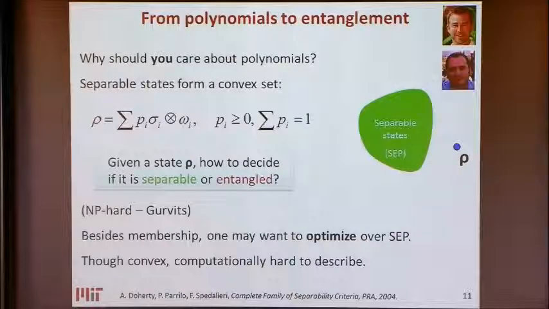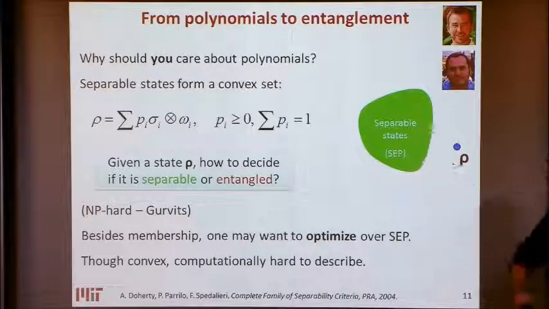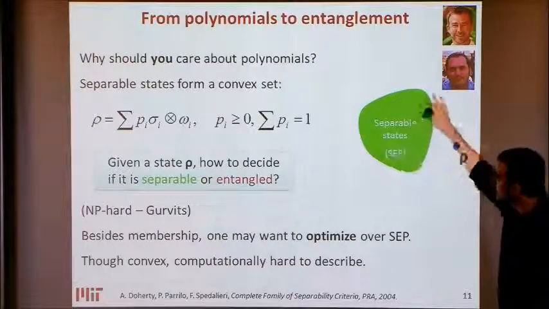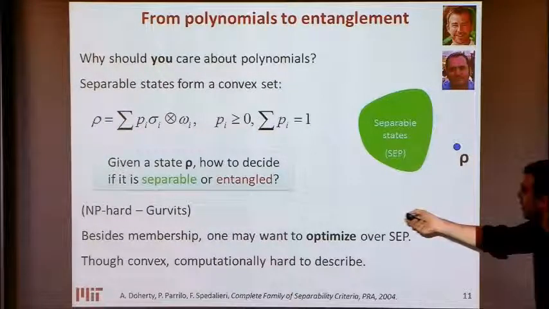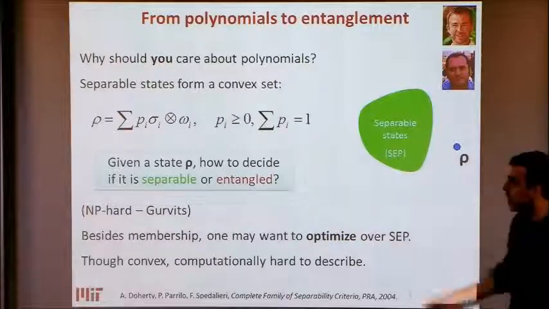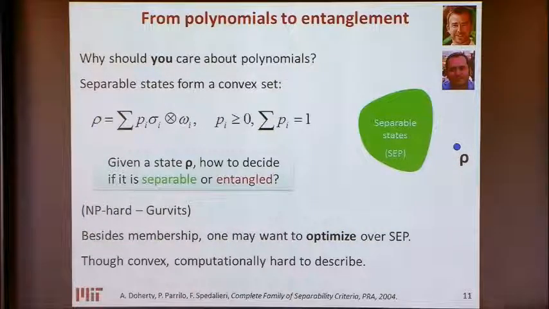Well, let's get to quantum finally. So why should you care about polynomials if all this stuff was a little bit weird? Let me tell you that this I reckon, just by essentially turning the crank, this immediately tells us a very nice way of approximating the set of separable states. Right, so I think here I'm looking at bipartite quantum states. We know, or you know better than me, that I'm looking at essentially convex combinations of product states.